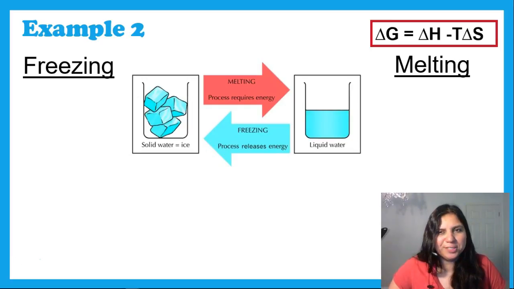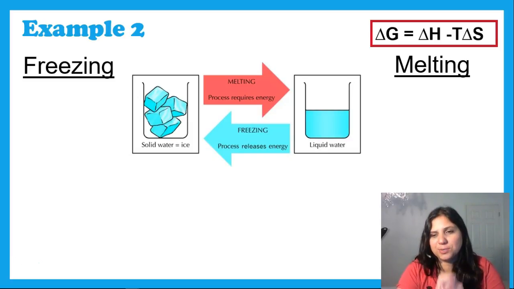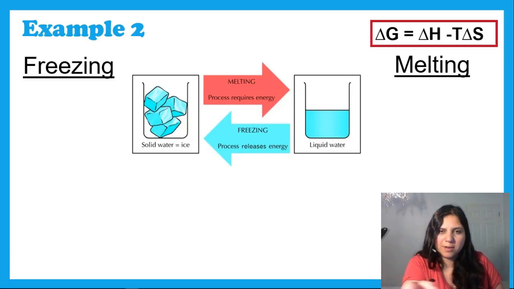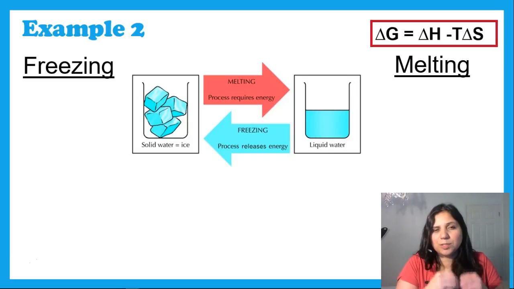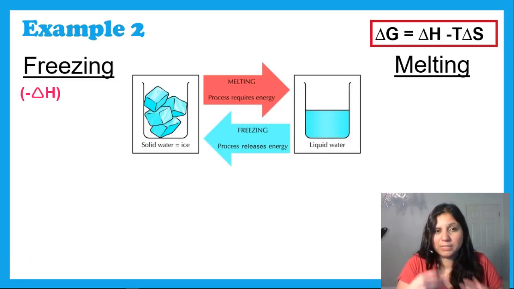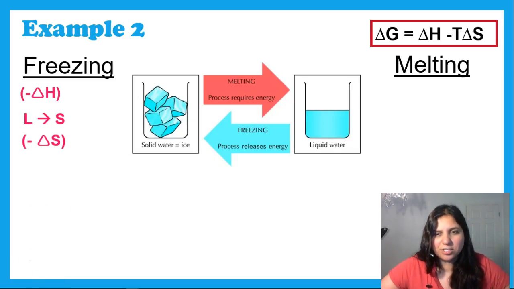Okay, last example. We're going to look at freezing versus melting. We know these two processes to be spontaneous. We know that they occur on their own as long as you have them at the right temperature. So let's see how that works. So in terms of freezing, I'm going from water to ice. So the other way, going that curve, from water to ice. All right, so in terms of endothermic versus exothermic, it has to release energy to turn into a solid. So that's a negative delta H. For entropy, it's becoming more ordered, so less disordered. So that liquid to solid is a negative change in entropy.